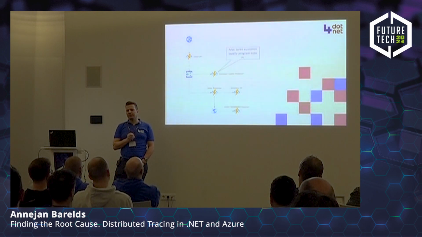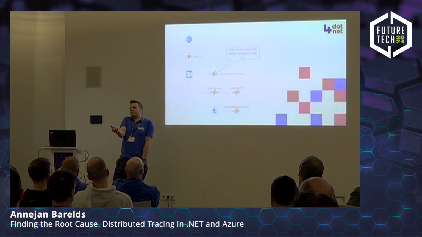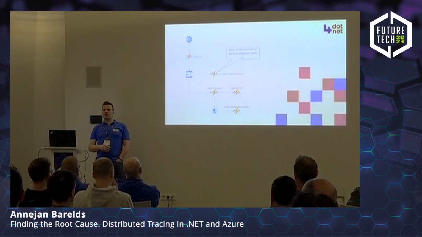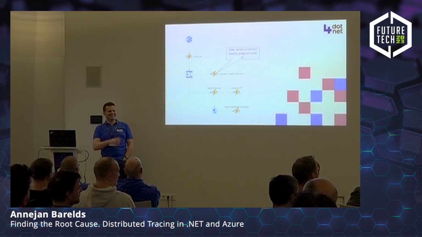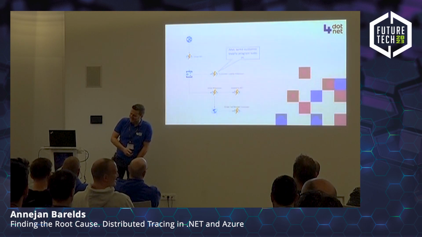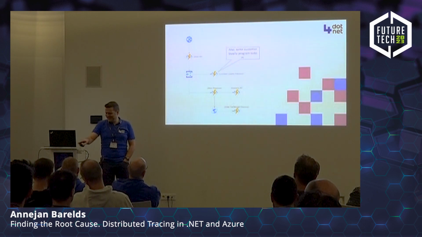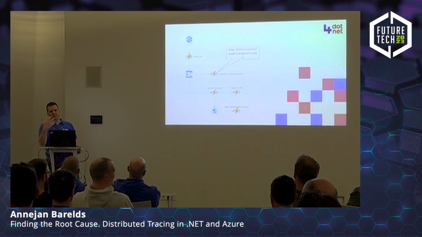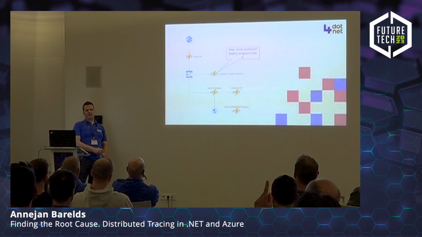Who has ever built, or maybe is building now, or has worked with a team that has ever built their custom correlation solution? So custom headers being sent around. There's one. So several hands. Downloading and service bus count? Well, that's not really custom, right? So you're off the hook. But how many of you are still using some custom tracing mechanism right now? Still a couple of hands. Okay.